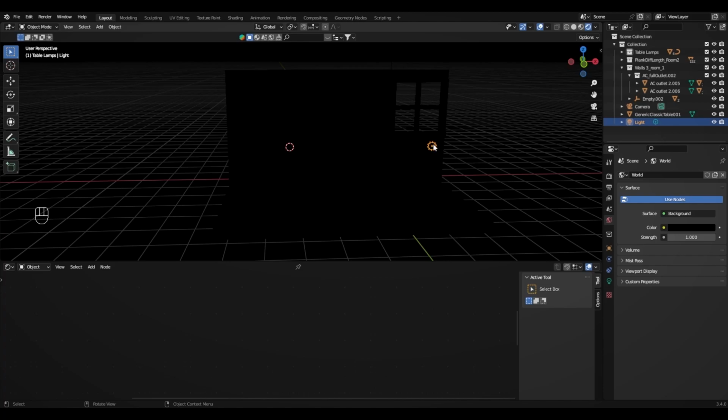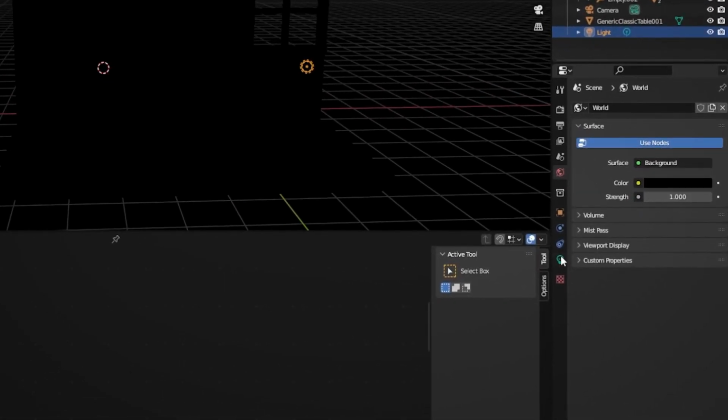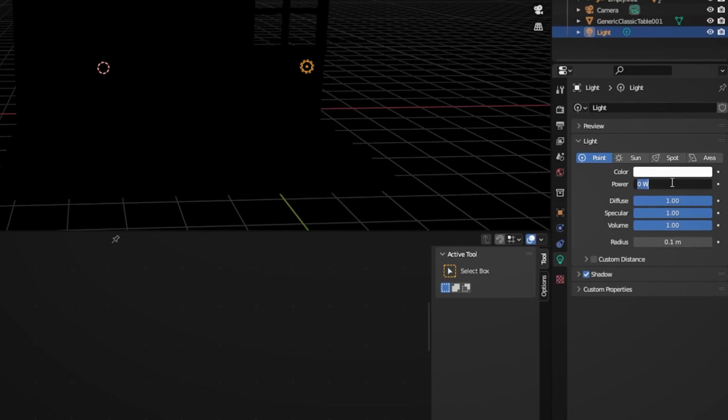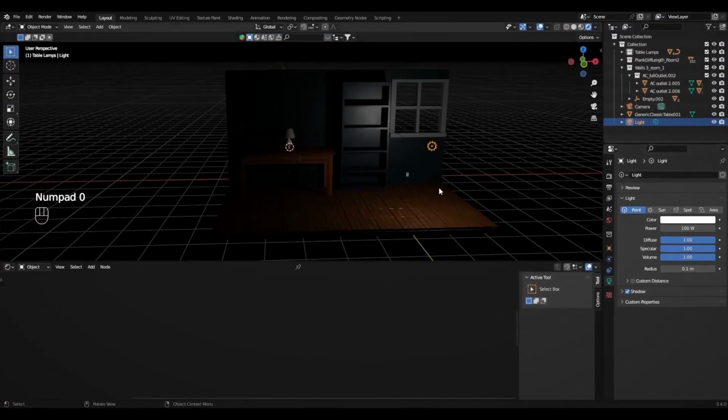We can't do anything. But now if I go to our light source and I increase the light from 0 to 10, we have a little bit of light in our scene. If I go ahead and increase that to 100, we have a lot more light in our scene. And this now is the sole source of light in our scene. So this is another way that you'll be able to understand where the light is